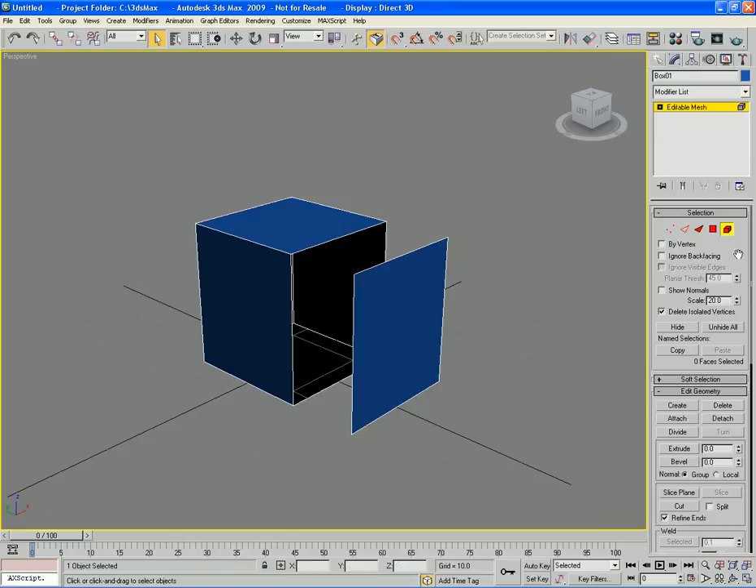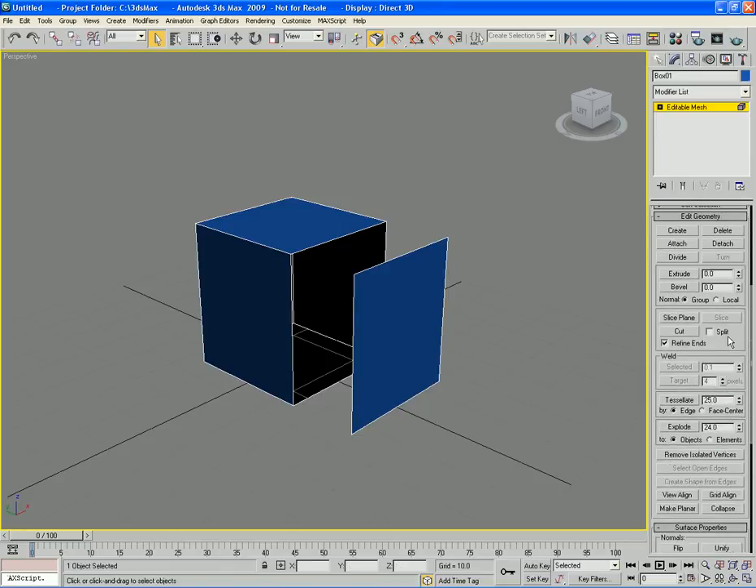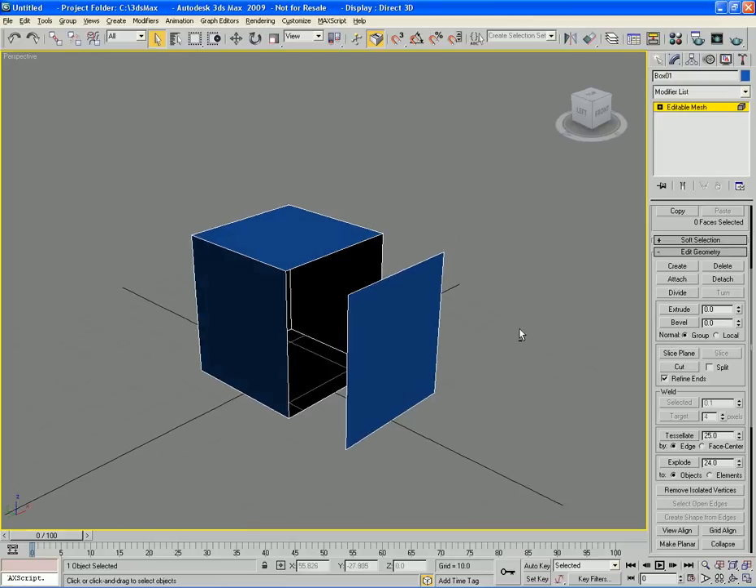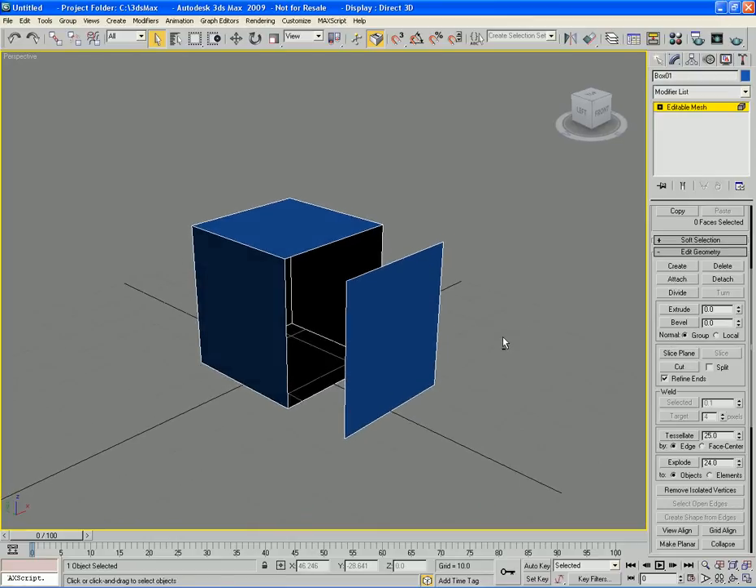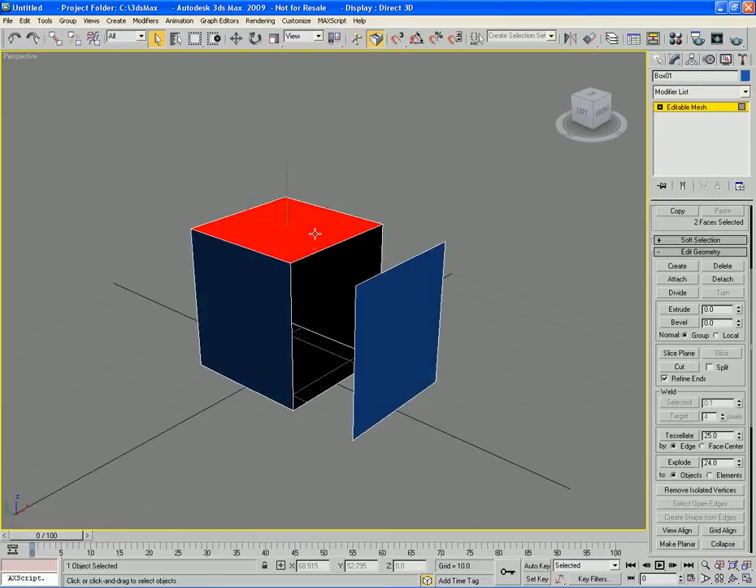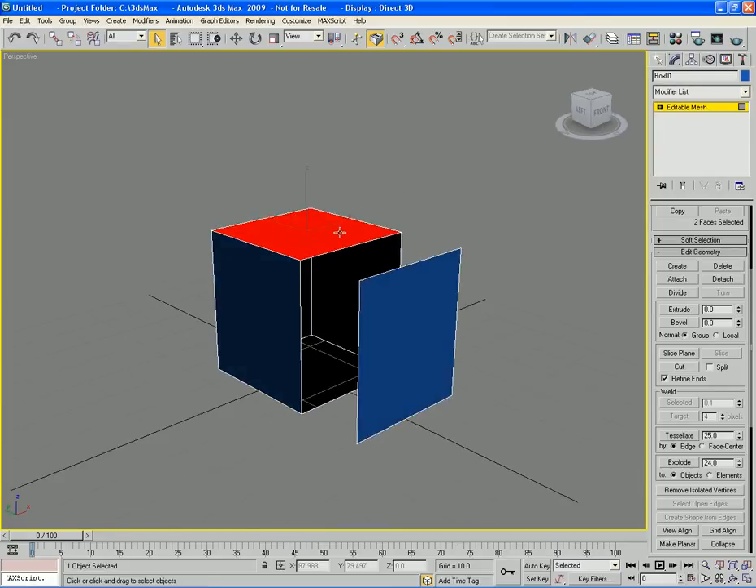Alright, so if we scroll down through this menu, we have an edit geometry rollout down here where we can edit this object and start to make changes to it. For example, I can select this polygon up here on the top. I'll go to polygon mode and select this polygon on the top. It's highlighted in red. I can then click on extrude, and then you notice this icon pops up on top